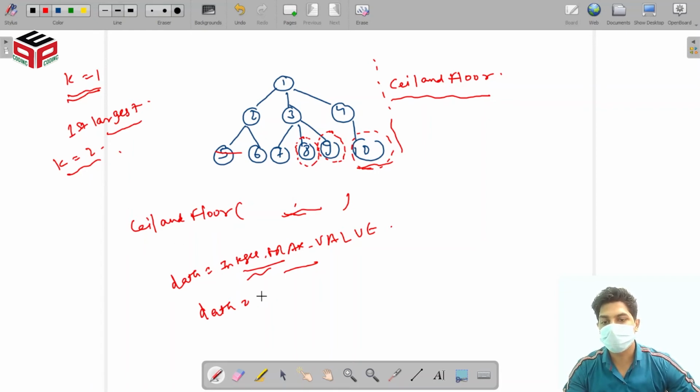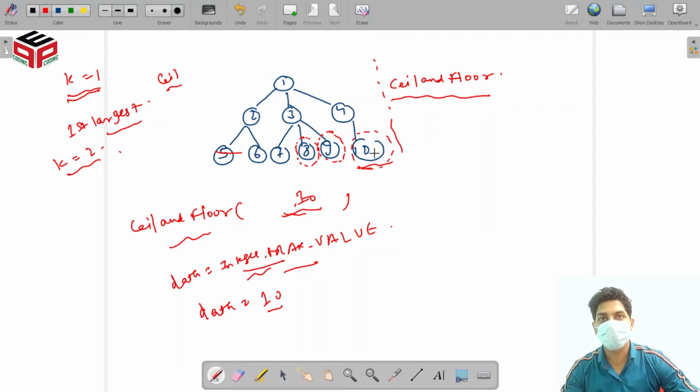So next time I will pass 10 inside the function, and it will give me the floor value of 10. The floor value of 10 in this tree is 9, and this is the second largest element.